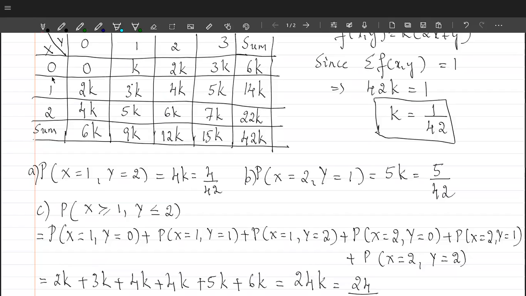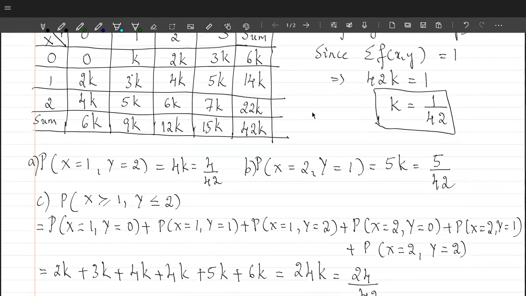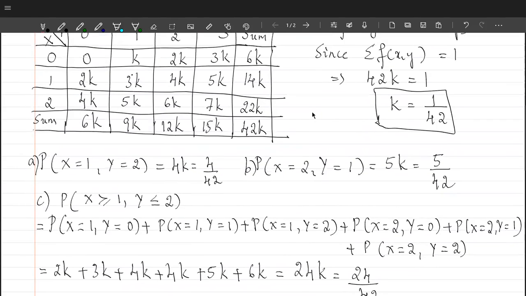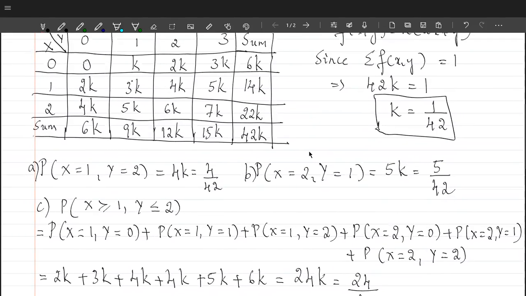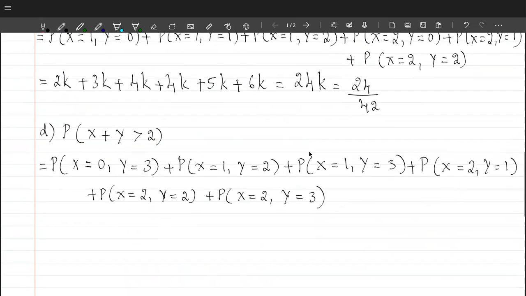Next case which you can consider is, you can take 1 and 2. That is, x takes a value 1, y takes a value 2. Then you can take the case x takes a value 1, y takes a value 3. Then you can take the case x takes a value 2, y takes a value 1. Then 2, 2, last one is 2, 3. So let's see what do we get here. So first one, 0, 3, for that the probability is 3k.